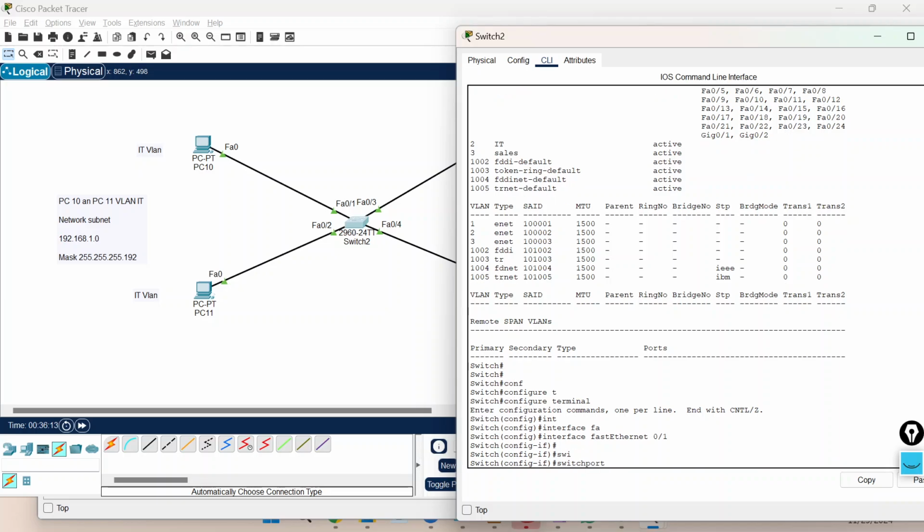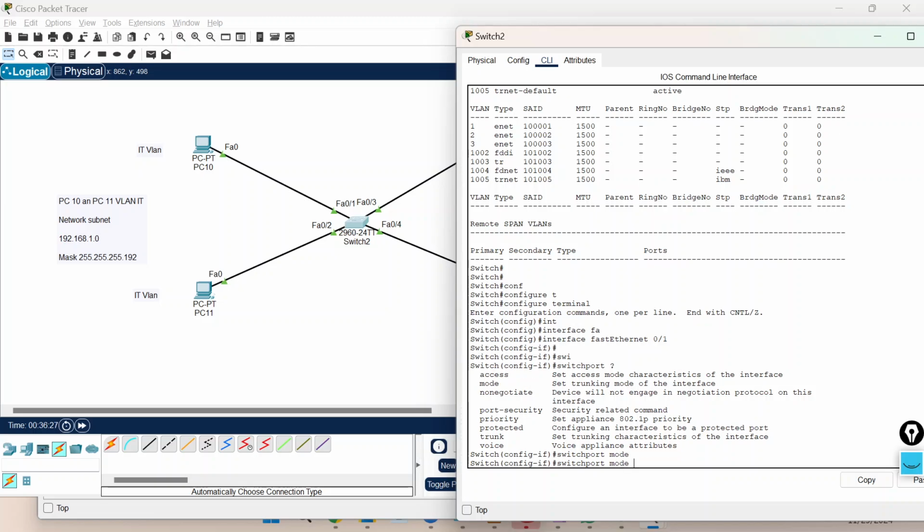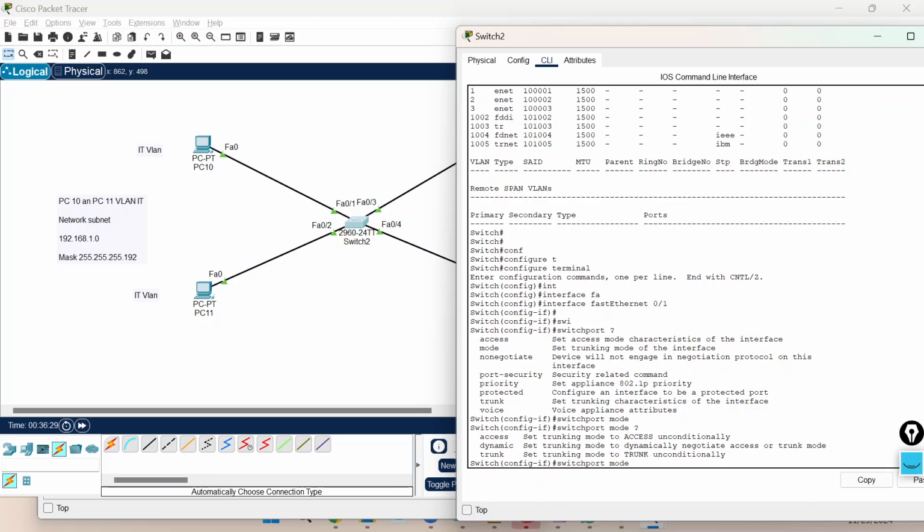Then I'll go to switchport mode. Switchport, you give question mark, you will get mode or access, set the access mode characteristics. First I'll give switchport mode. What type of mode is it? Should this be part of an access port or part of a trunk port? So I'll give switchport mode access.